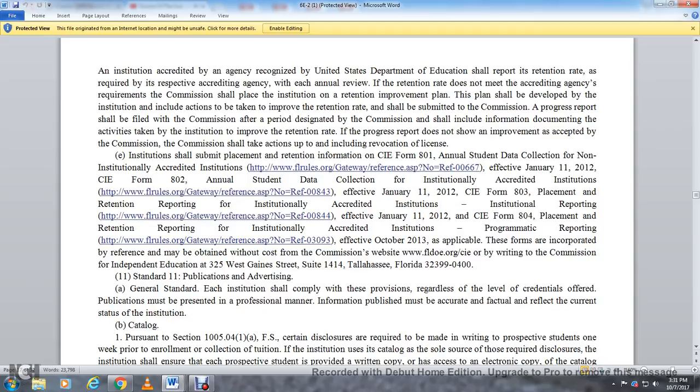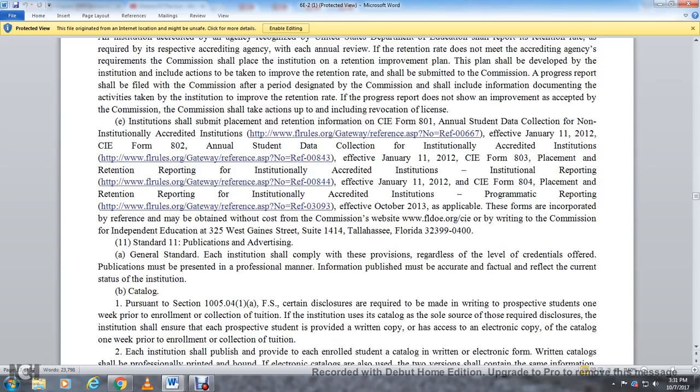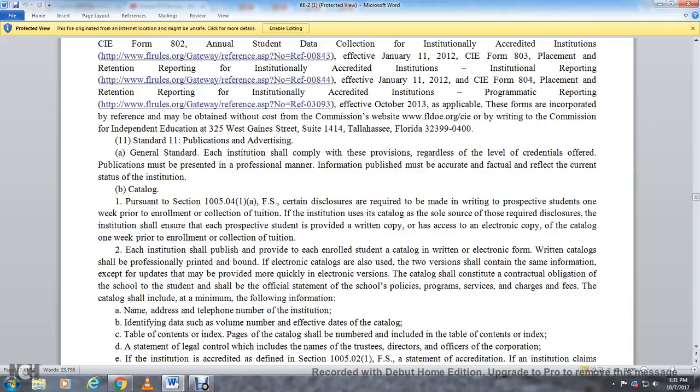Standard 11, Publication and advertising. General standard. Each institution shall comply with the provisions regardless of the level of the credentials offered. Publications shall be presented in a professional manner, and information published must be accurate and factually reflect the current status of the institution. Catalog. Pursuant to Section